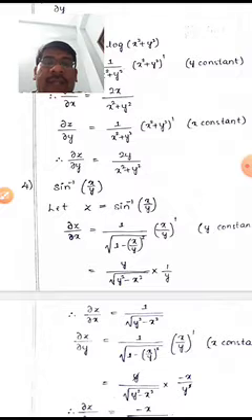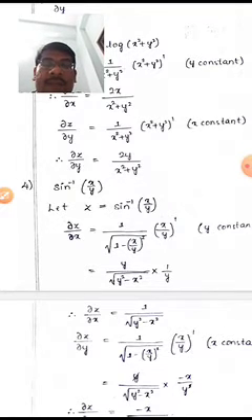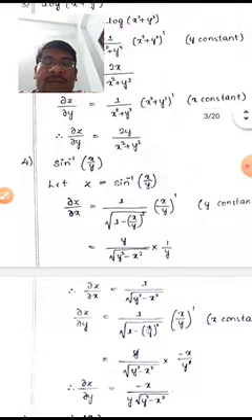The derivative of x by y: here y is the constant, keep it as it is. In the numerator, the derivative of x is 1, so that is 1 by y. You have to simplify it. In the root, we get y square minus x square by square root of y square. The square root of y square is y, which goes to the numerator. Here y cancels. Therefore dou z by dou x is equal to 1 by square root of y square minus x square.